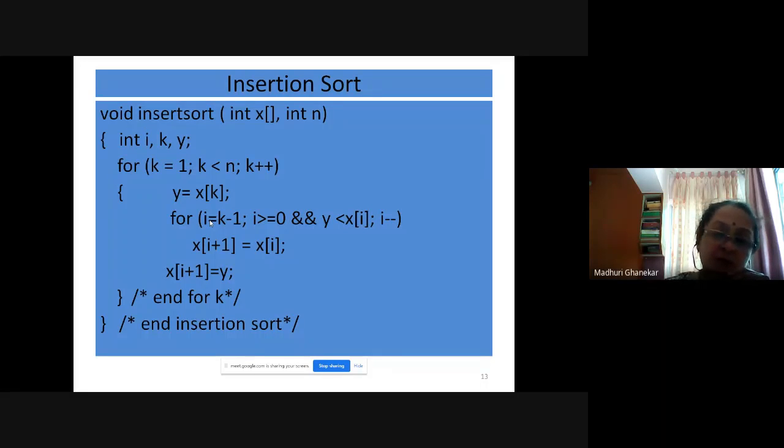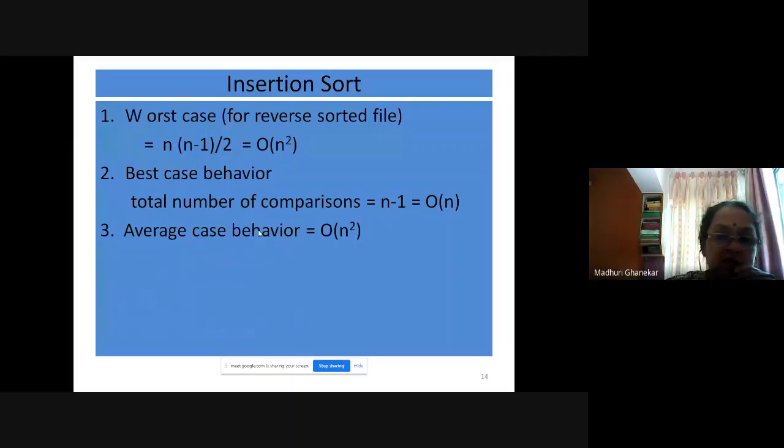Do you remember we had 2 for loops in bubble sort, and so obviously its time complexity in best, average, all those cases was coming out to be big O of n square. So that is the thumb rule. Now see here, what is the case? For worst case, both the for loops will be executed, and so the time complexity comes out to be big O of n square. I hope this is clear.